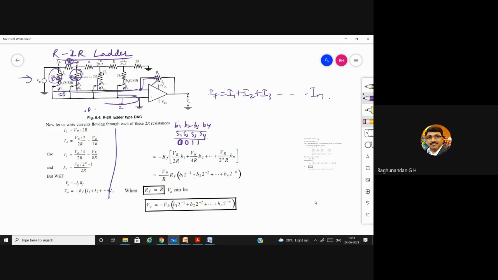And here the node voltage remains constant with changing binary input, and the input will be in inverted form. So it avoids the slowdown effect, which is caused by the parasitic capacitance or junction capacitance or the stray capacitance, which will occur in the circuit. Okay. So this is about the R to 2R DAC. In the next class, we will study about A to D converters.